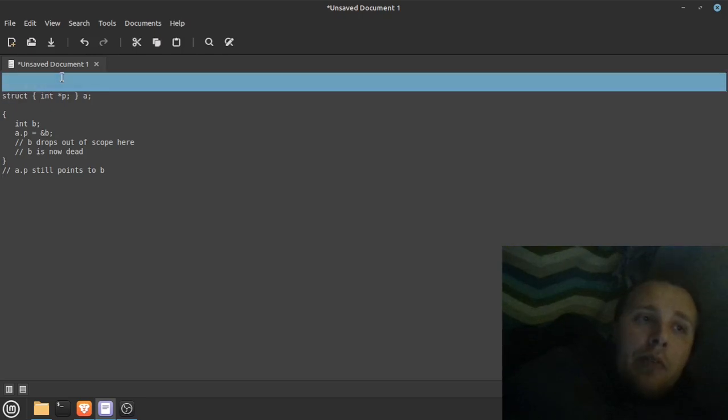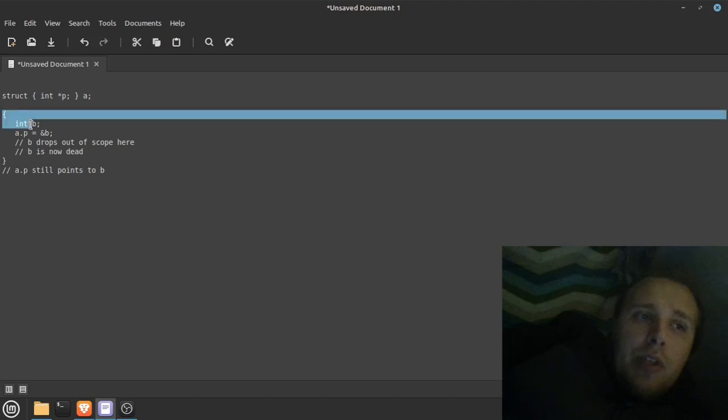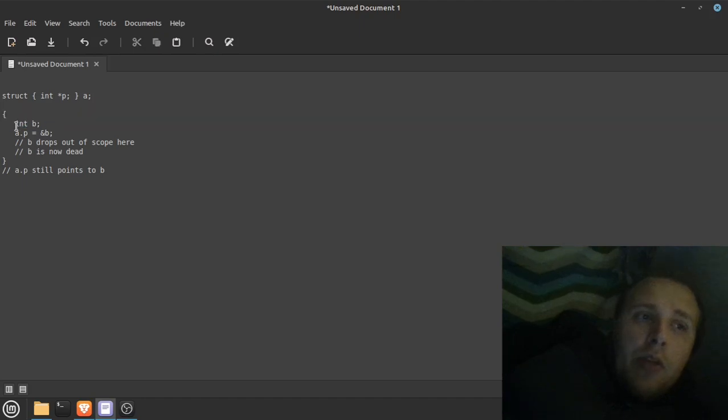So here we've got this data structure that we've declared an instance of A, and it has this pointer value inside of it. And when we enter into this particular block right here, we declare a new object B, and then we create a pointer from A to this object B, and then B drops out of scope here,